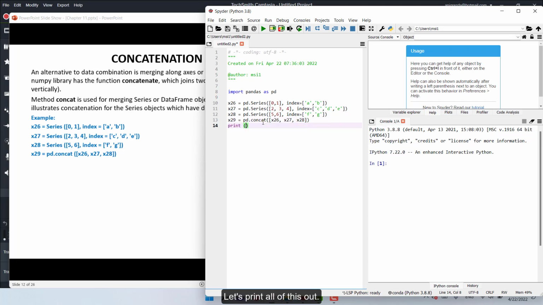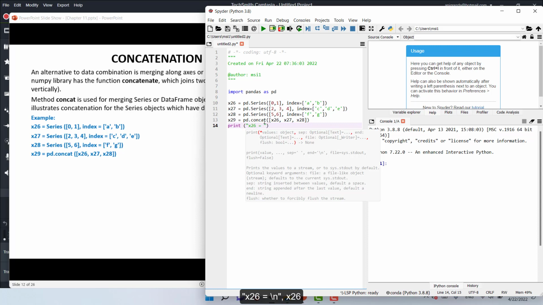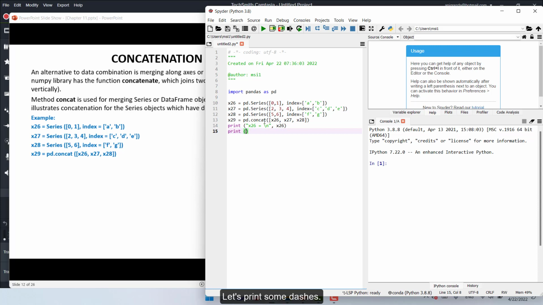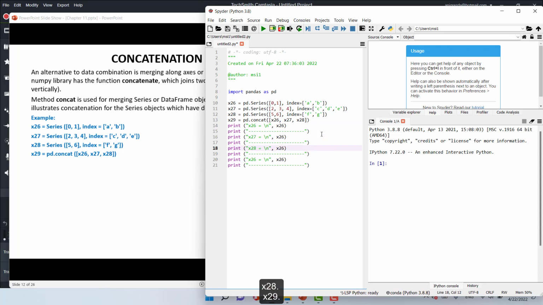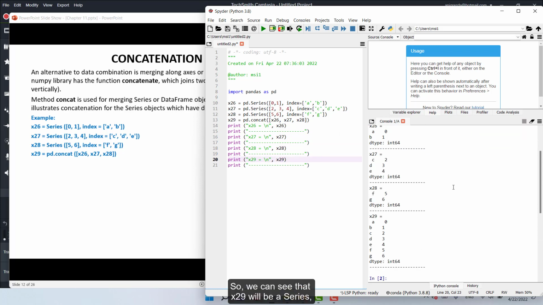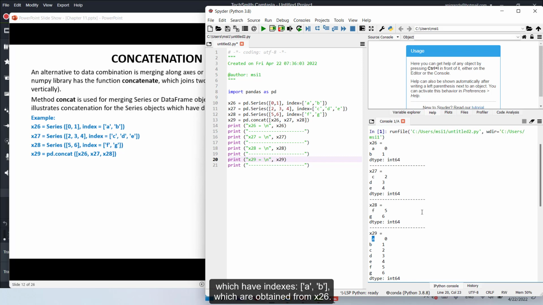Let's print all of these out. x26 equal new line x26. Let's print some dashes. Copy and paste this. Let's put it here x27, 28, 29 and here x27, 28 and 29. Execute this. So we can see that x29 will be a series which has indexes A, B, which are obtained